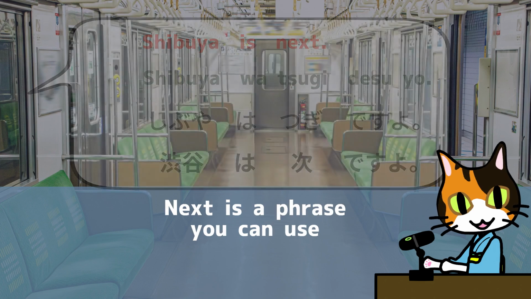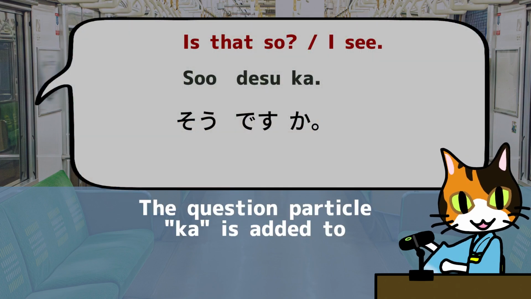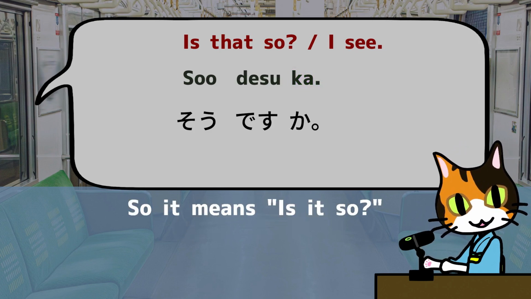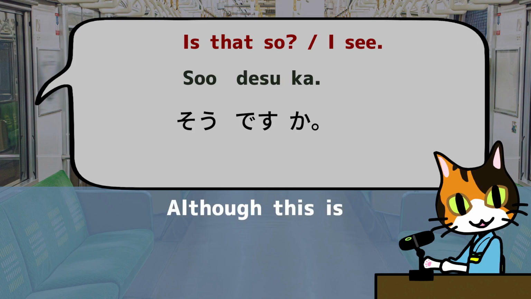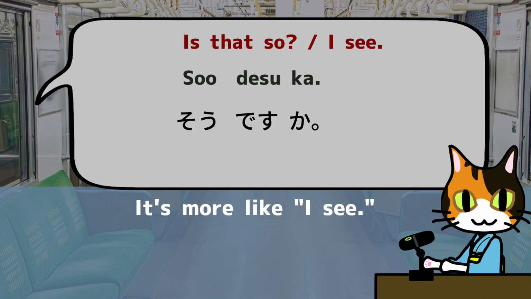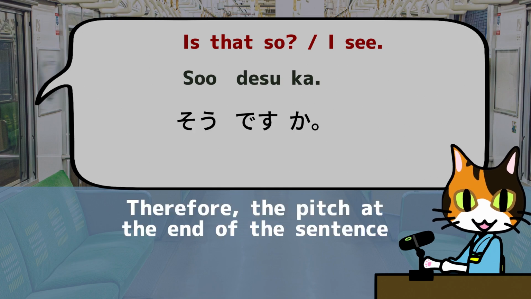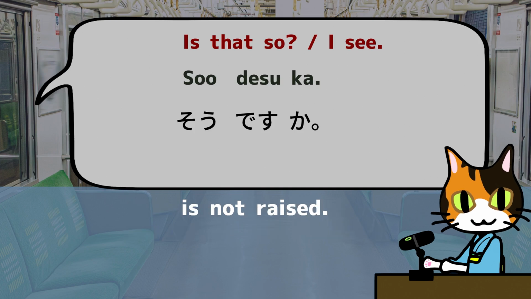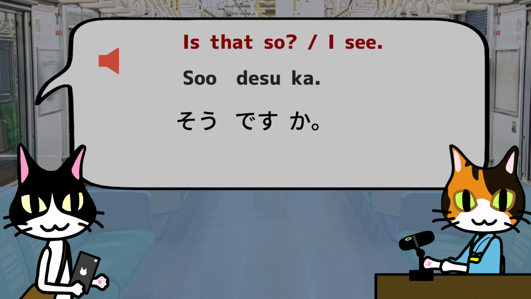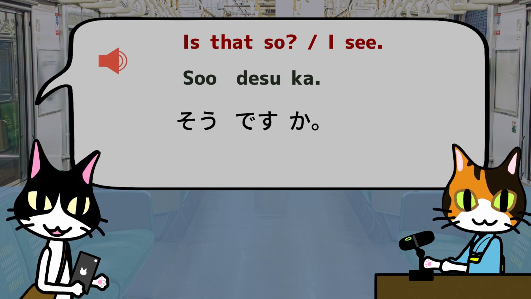Next is a phrase you can use when someone gives you information. The question particle ka is added to so desu. So it means, is it so? Although this is in the form of an interrogative sentence, it is not a question. It's more like, I see. Therefore, the pitch at the end of the sentence is not raised. Let's practice. そうですか。